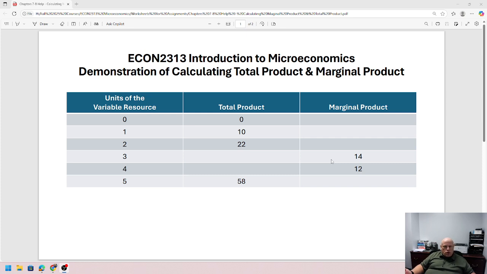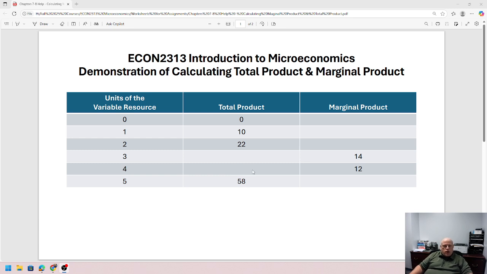And so what you'll do is, and I do want you to show your work on this, show your calculations, but basically you're going to calculate the marginal product in the third column there, and then for the third unit of the variable resource and the fourth, you're going to need to use the marginal product values that it gives you here to calculate total product. Okay,